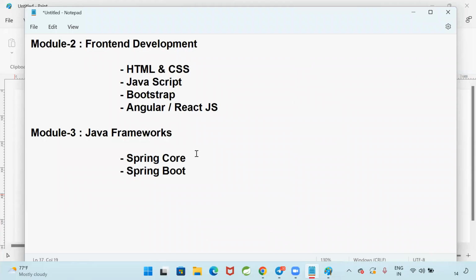The upgrade for the Spring framework is Spring Boot. Currently, Spring Boot is a hot cake in the market. If you keep Spring Boot in your resume, per day 25 to 30 interview calls you are going to get. That much demand is there for Spring Boot in the market.